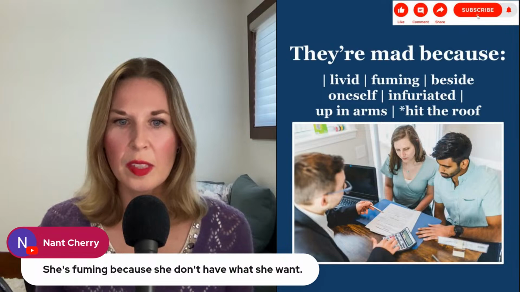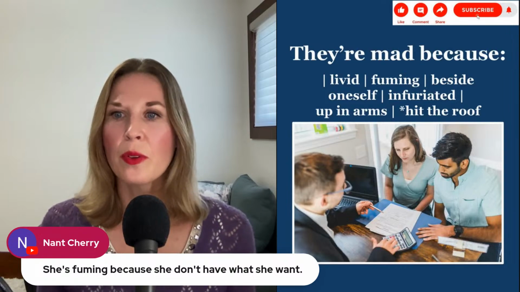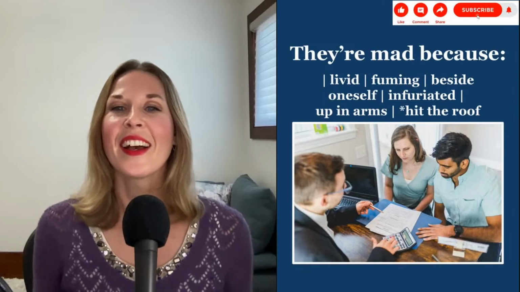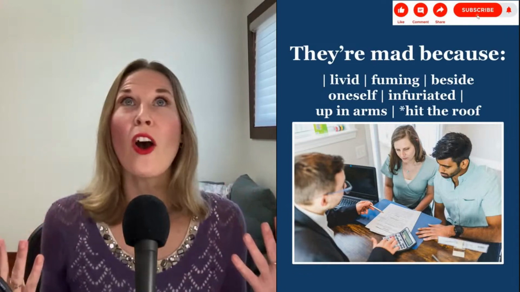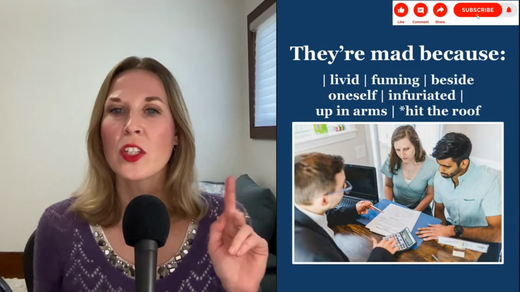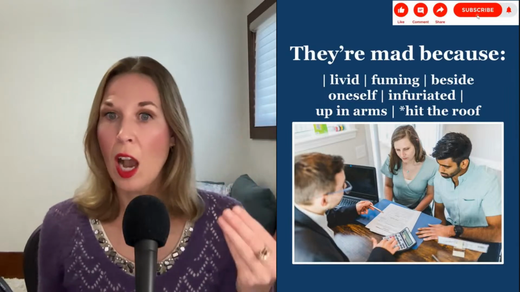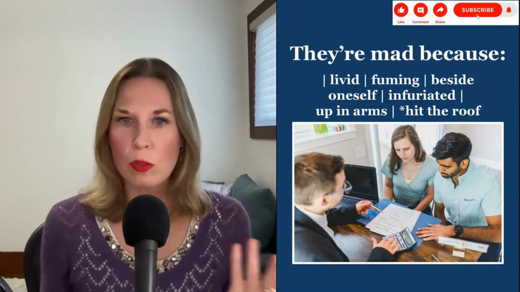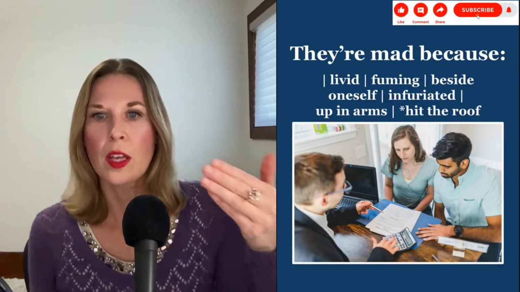Okay. How about this one? So, same vocabulary. We're practicing mad. It's an emotion that we all feel. Let's be honest. Now, we can use they. So, they could be the couple or it could be all three of them. You could also change the subject. You could talk about the man,